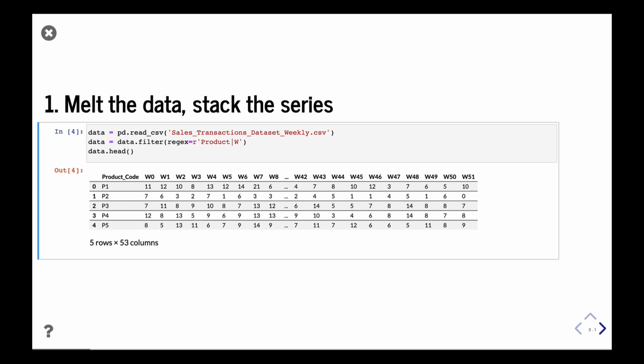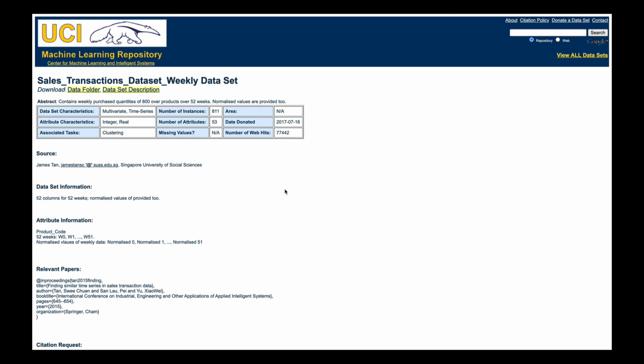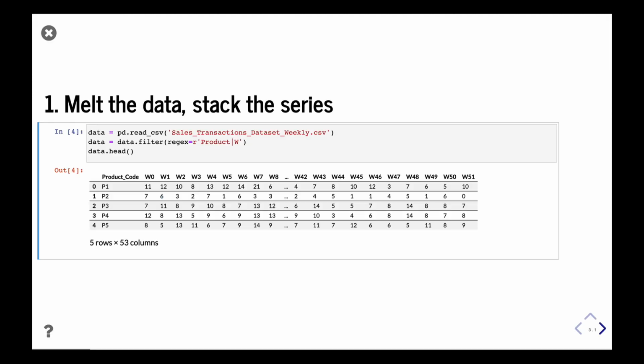We are using the weekly sales transactions dataset from UCI. You can see the link below. Here we have about 800 products. And originally this dataset has a column with the product code, 52 columns with the raw weekly value of the sales for each product, and another 52 columns with the normalized weekly sales values. Here we are only going to use both the product code and the raw weekly values of